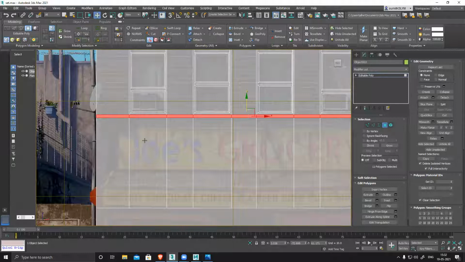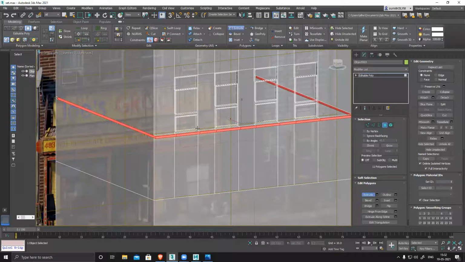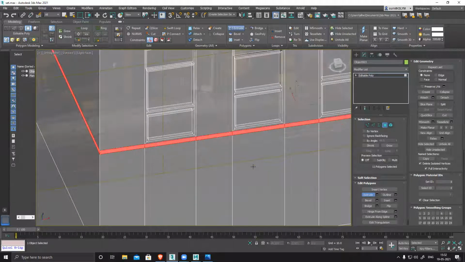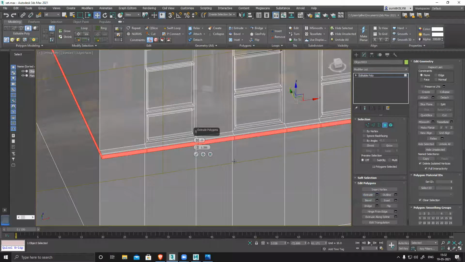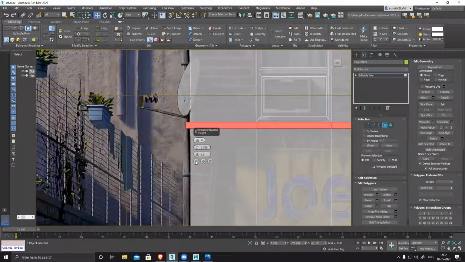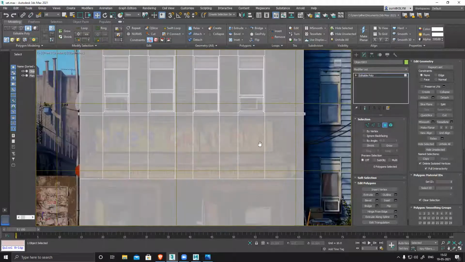Yeah, done. Double click, shift to select the entire section and then extrude. So you can see if you extrude it, the side is not extruding properly. So what you have to do is click on the setting and click it here by normal direction and reduce the gap front. Yes, done. So basic structure is ready.